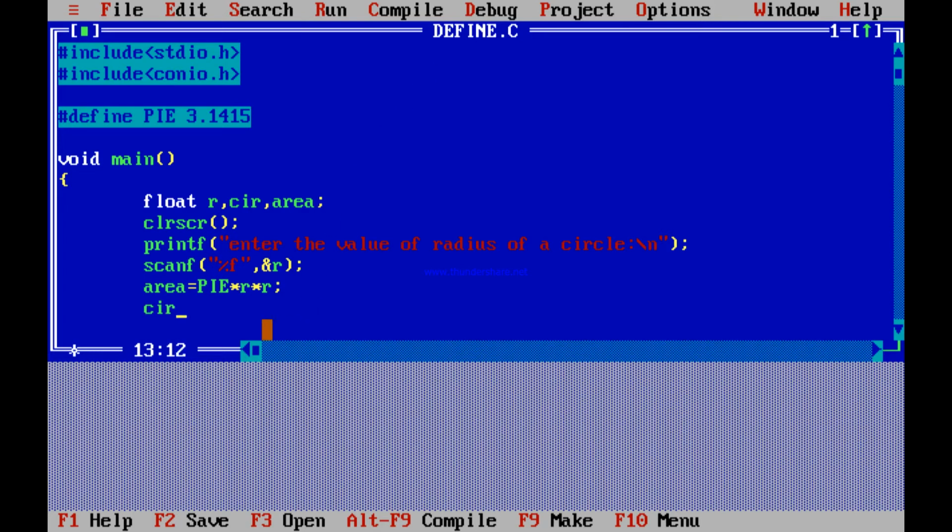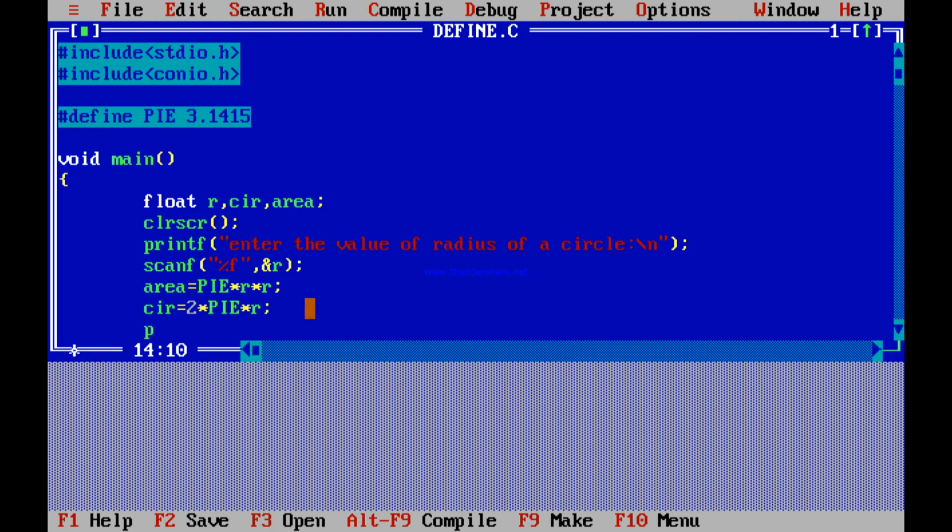Now we'll write the formula for the circumference of a circle, which is 2 into pi into r, 2 pi r. So the value of pi, 3.1415, will be replaced in both the places.